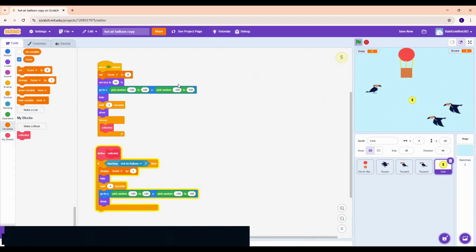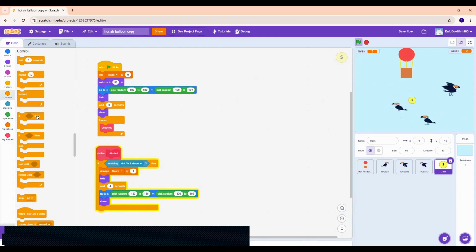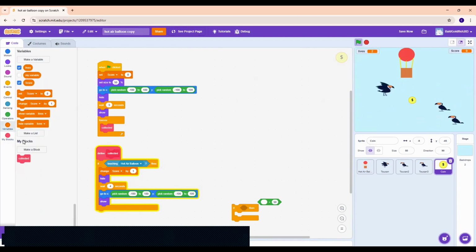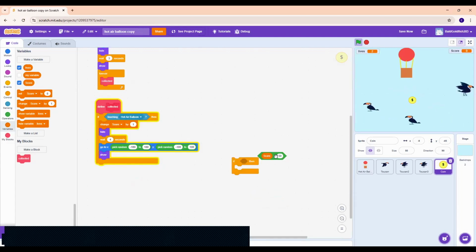And next, we need to go to Control and grab the if then block. Next we need to go to Operators and grab the greater than block. And next we need to go to Variables and grab the score bubble from the Variables section. We're going to place it in place of the blank space. We're going to attach score greater than 50. But instead of score greater than 50, let's make it easy. We're going to write down if score is greater than